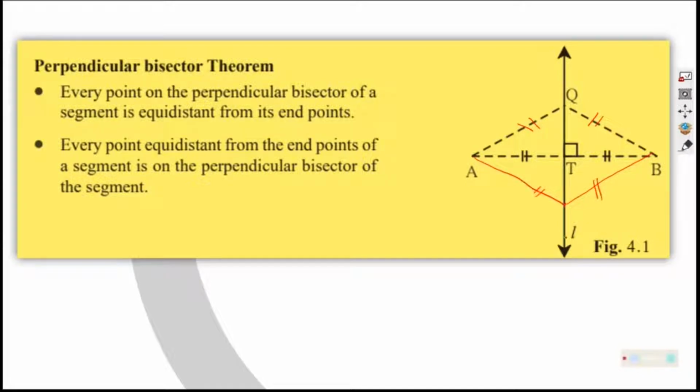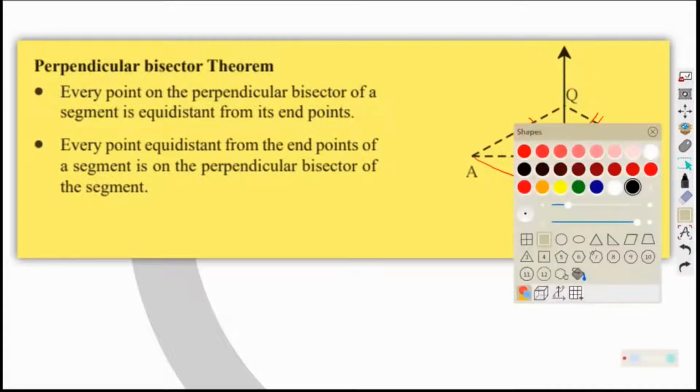This particular principle is used in all the three methods of construction that you are going to study. That is why I am telling you. And you remember how a perpendicular bisector is made. A perpendicular bisector is made by using a compass. Now let me use a tool here, a tool which also shows the measurement. It is very important to show that what I am telling is correct.